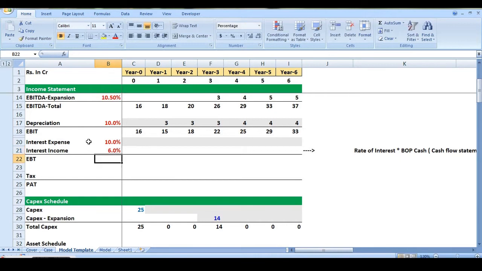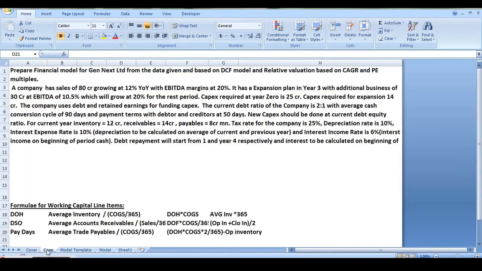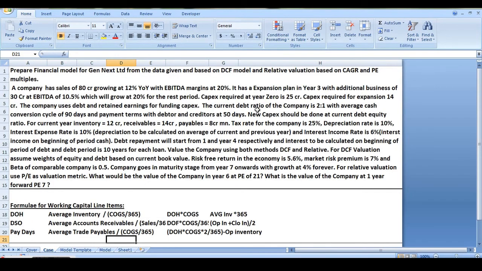at the respective values. But for calculation of interest expense, we need to prepare the debt schedule. And for preparation of debt schedule, we need to know the debt values. Now debt values depend on the debt equity ratio of the organization, which the organization is saying that the debt equity ratio of the company is 2:1. So we mark it as